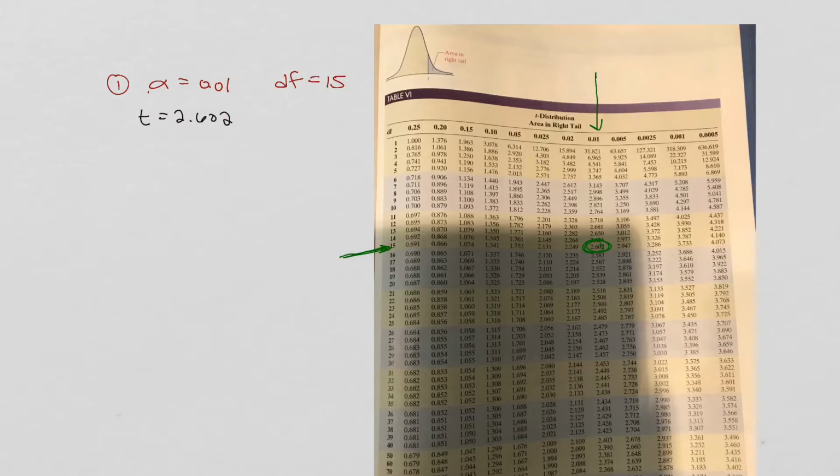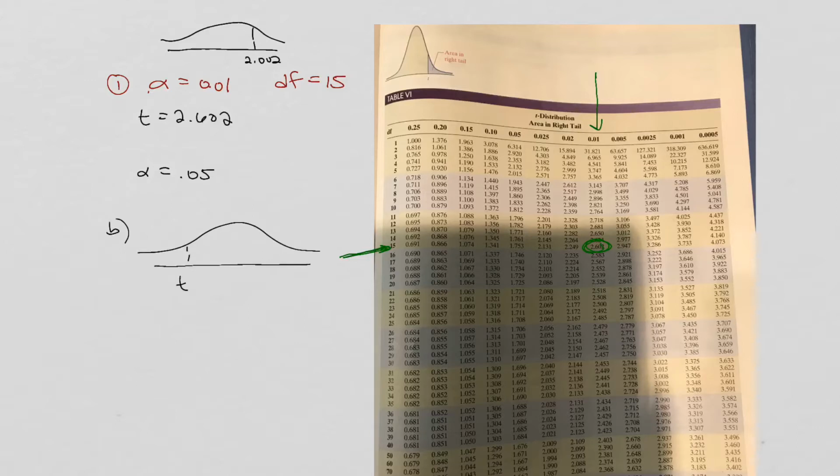Okay. Let's see, for part B, we're given alpha equals 0.05. Right? And this is a left-tailed test. So again, for part A, this was my t-score of 2.602. So for part B, this is a left-tailed test right here. So this should be a negative number when we get done with it. Right? So here we want alpha to be